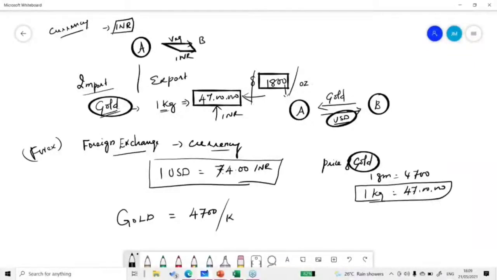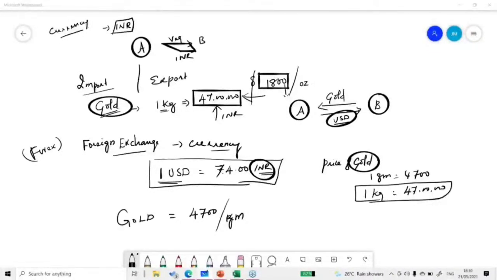Similarly, what we have written is 1 USD equal to 74 INR. So this is basically like we are talking about a price quote. And this is the product which we are planning to buy. This is the price which we are going to quote. Just for a general understanding. But when it comes to currency, we are not unlike any other product. Like any other products, we are going to talk about just numbers.